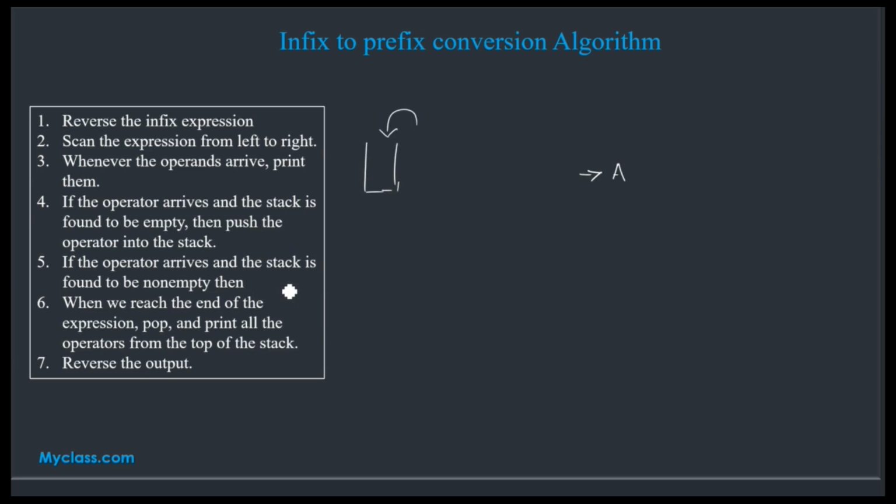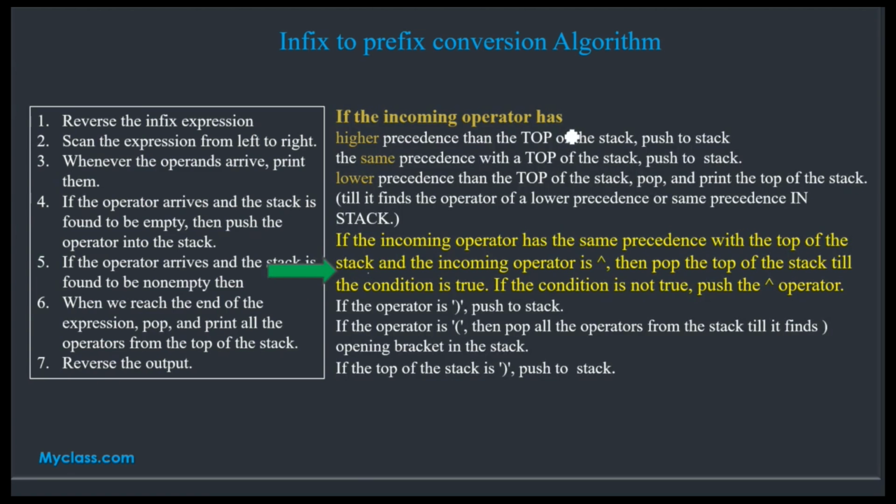But if the operator arrives and the stack is found to be non-empty, then we want to check lots of things. That is this one. If the incoming operator has higher precedence than the top of the stack, then push it into the stack. If it has the same precedence, then also we push into our stack. We are not popping. Only in the lower precedence case, when the top of the stack has lower precedence compared to the incoming operator. If the incoming operator has lower precedence than the top of the stack, pop and print the top of the stack